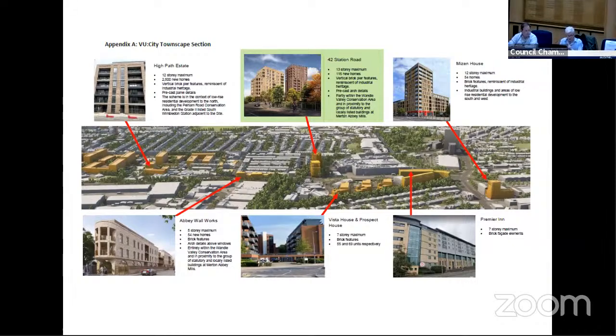Consider the PTAL score in the area, which rises to up to 4, which is really very good. And set within that context, the overall judgment we've come to is that buildings of this scale could reasonably be supported. And that would seem to chime with what the officers at the GLA have said.